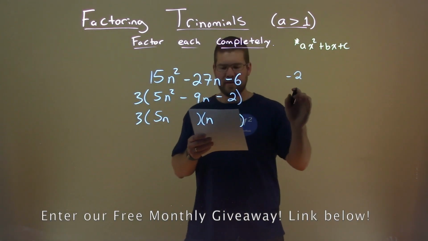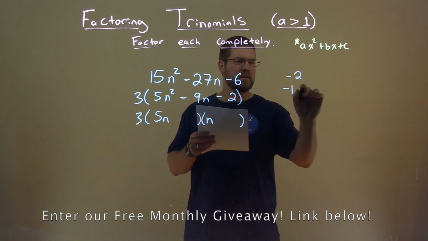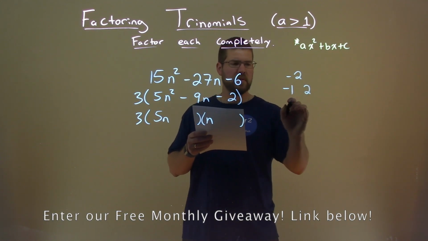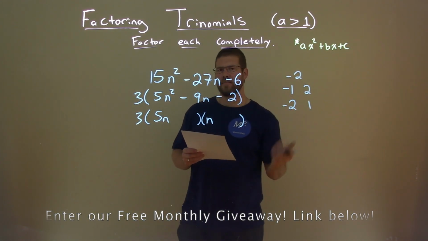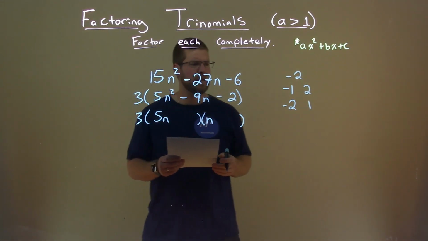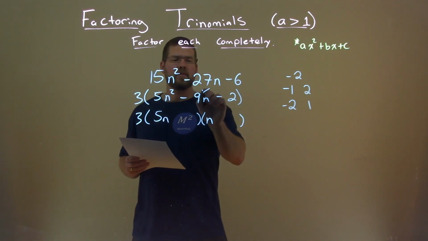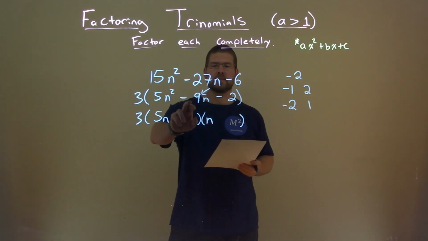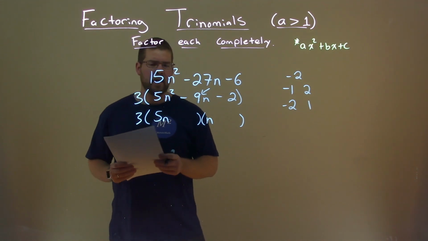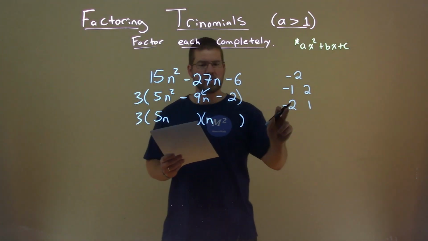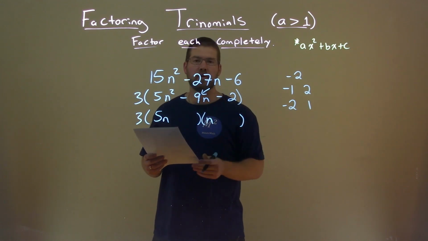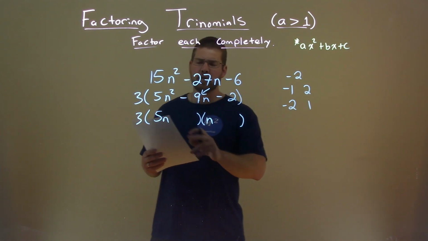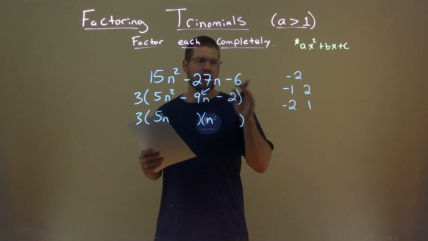Well, that's going to be a negative 1 and a positive 2, or a negative 2 and a positive 1. In order, we can flip those around, or it won't matter here. So now I'm focusing on my b value, which is negative 9. I want to say, okay, 5 times which one of these numbers plus 1 times the other number gets me close to negative 9. And I first look at this 5 and say, okay, 5 times which one gets me